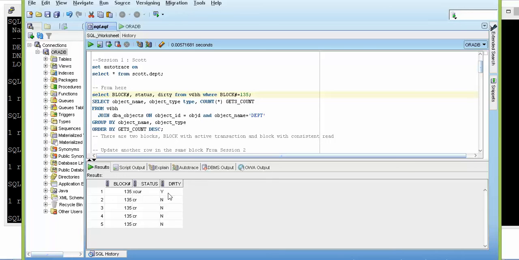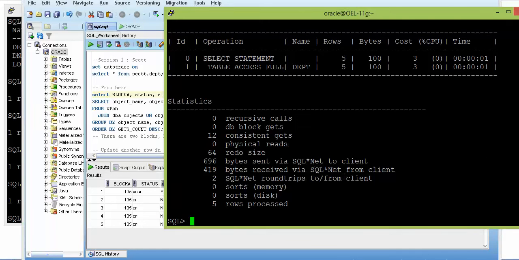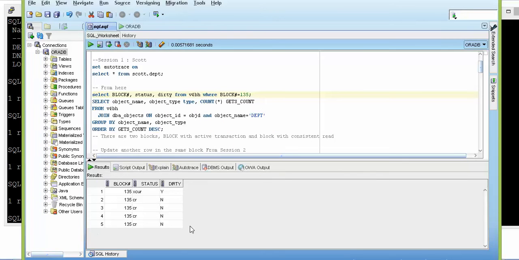Now this clearly shows us, right? If there is a data block which is under transaction multiple times, and if there are multiple select statements that you are running on the database in parallel, definitely copies of the same data block are created in the buffer cache. So when there are copies of the same data block in the buffer cache, don't we call it flooding? Possibly yes, right? That's what I wanted to prove.